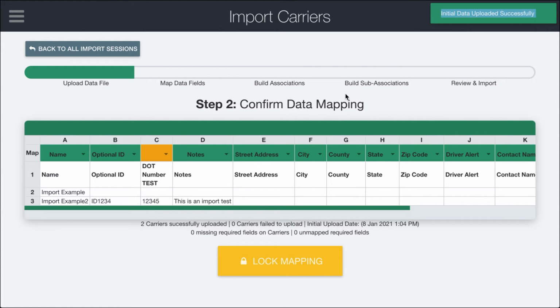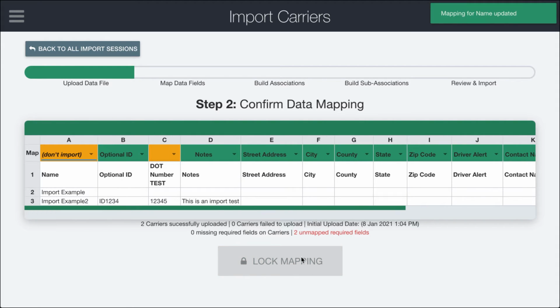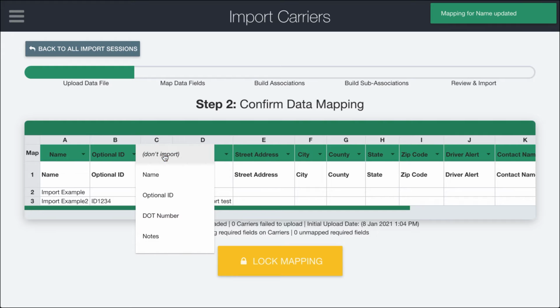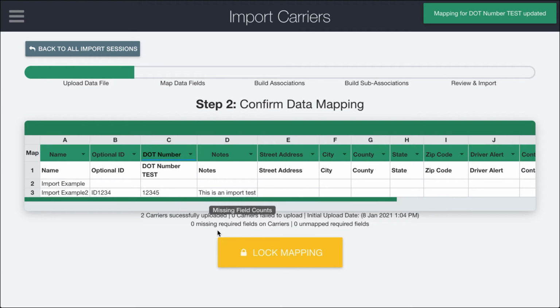After uploading it, you'll see that because I used the template, all of these are green except for this DOT number test, which is the field that I manipulated. The column is yellow because it hasn't been mapped. Because it's an optional field, it doesn't really matter if it's not mapped. If a field like name wasn't mapped, then you wouldn't be able to do the lock mapping because it's a required column. But this one, if we want to import it, we need to make sure that it lines up. So I'm going to line up DOT number test with DOT number,